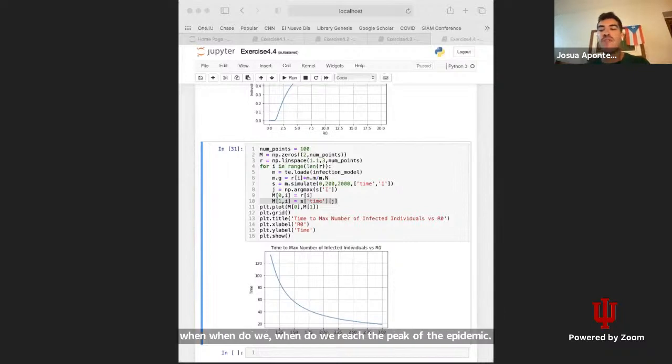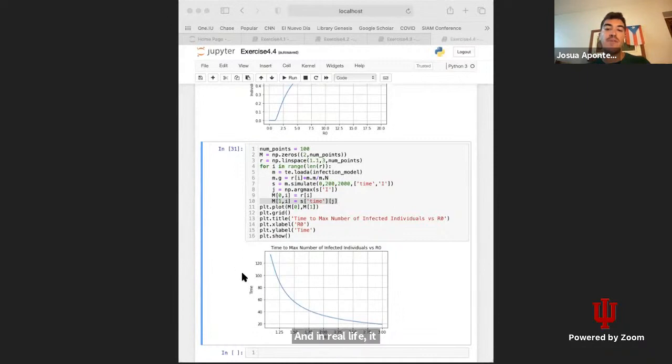What is the number of infected individuals at the peak? And how can this number vary as a function of the parameters? The problem with all of these calculations is that they are as good as your guess of what the parameters of the model are. And in real life,